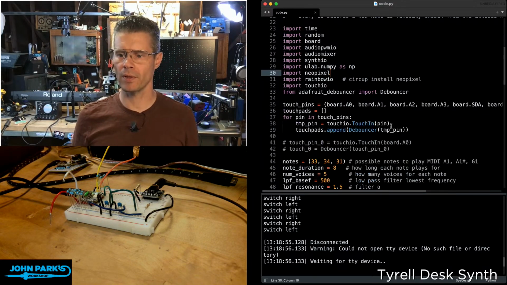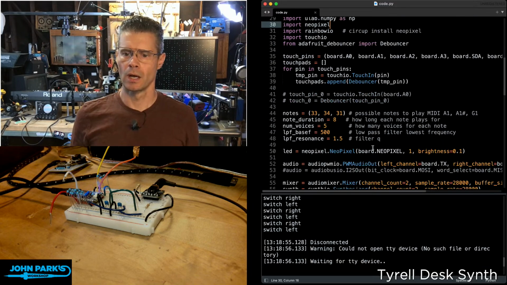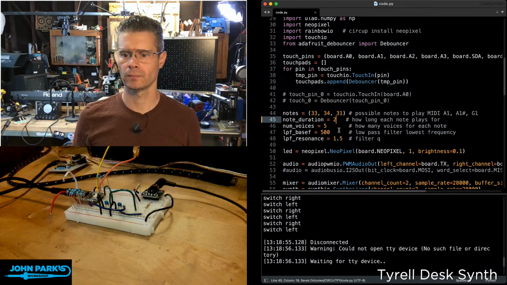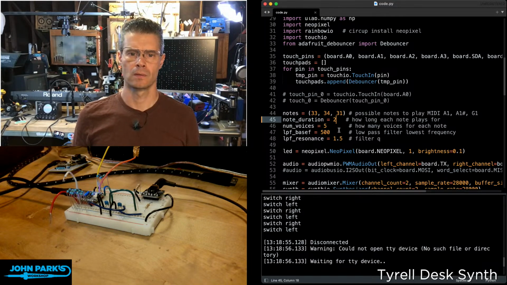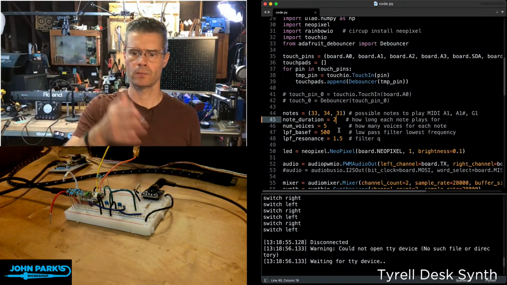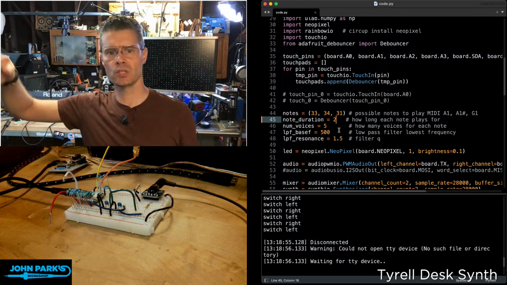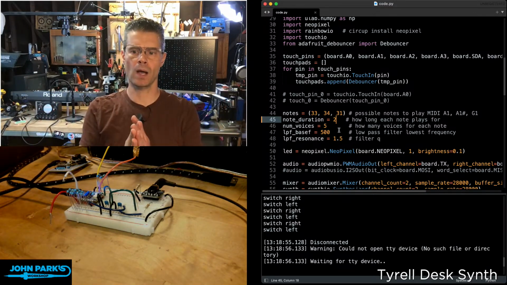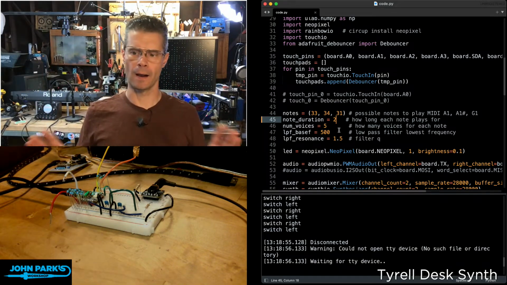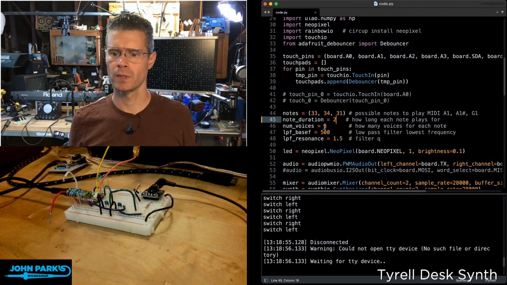So let me do a couple of things you can hear and see. So first of all, note duration. Let's shorten that. Sorry for the... So you can see it's just every 2 seconds moving to a different note, but the detune phasing, chorusing effect, as well as the low-pass filter modulation is all staying the same here.